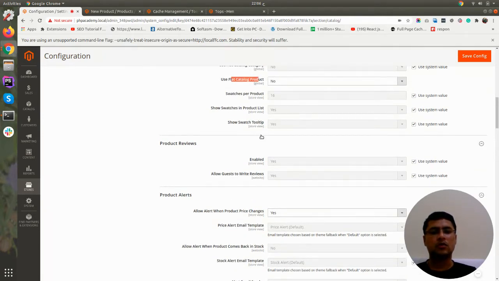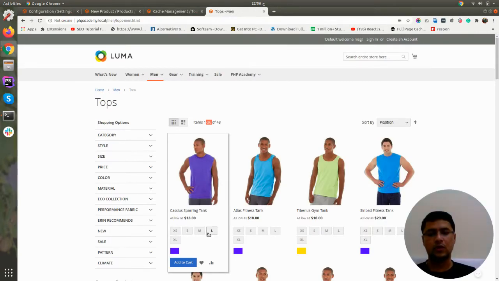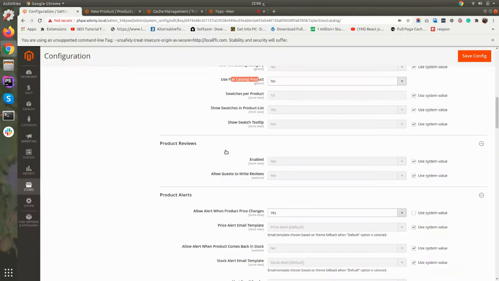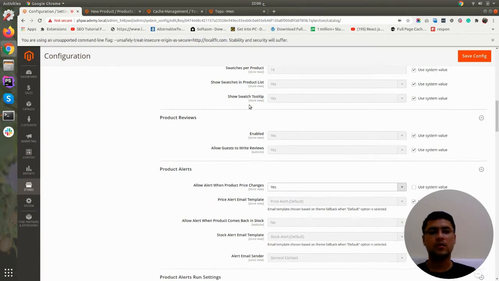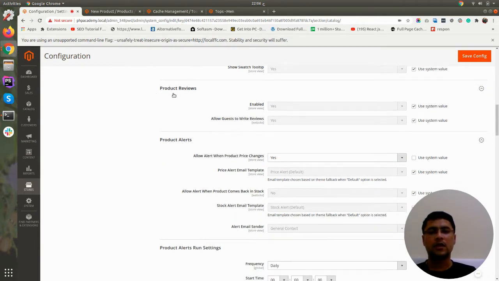Then you can also configure swatches, which is this. Here you can see, like, if you want to display swatches on the product listing page or not. Then you can enable product reviews, so you can configure product reviews as well.